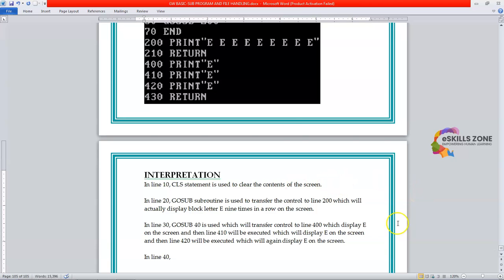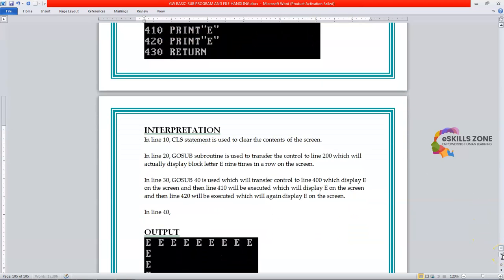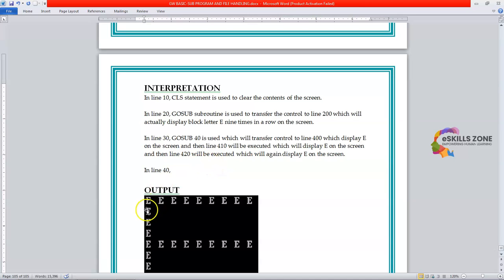So you can see that this E was used in line 200, and the first time the cursor is transferred to line 200, this E will be displayed on the screen. This E is displayed with the help of line 400, which will display E one time on the screen, and then line 410, which is used to display E one time on the screen. Line 420 is used to display E again, one time on the screen. So these E's are displayed on the screen with the help of lines